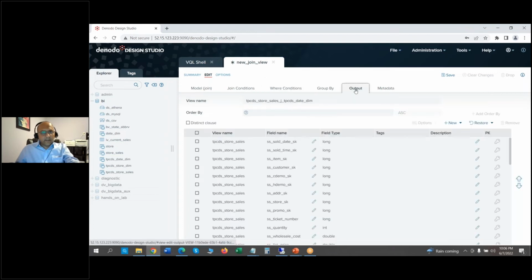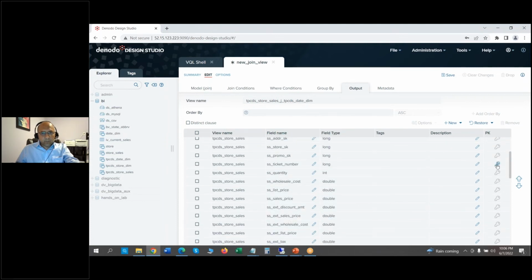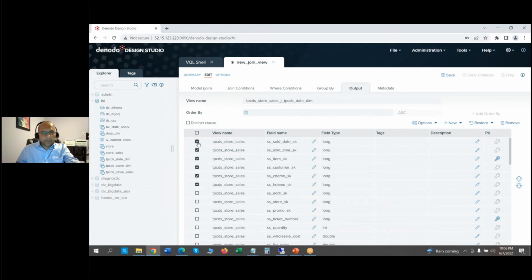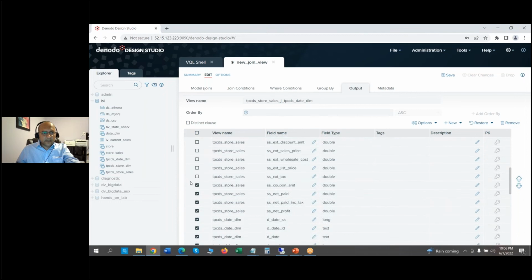And for the output, again, just make sure we have the primary keys marked, and we want to keep all the store sales data. As you can see, I'm keeping all the store sales data and also the date column from